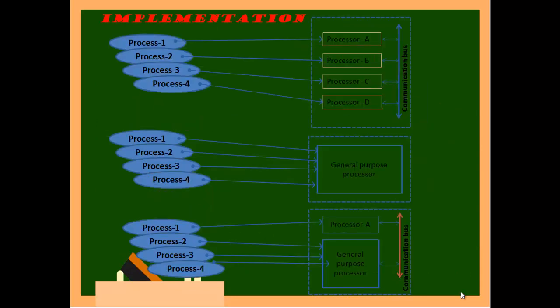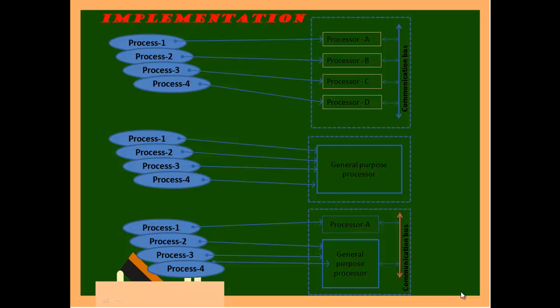Let us move on. Here you see a communication bus with process 1, process 2, process 3, process 4. It can be done with a general purpose processor or with separate processors. Put together, this entirely is an embedded system for a particular application. For process 1 I can put a separate processor, for process 2 a separate processor, like that you can have separate processors inside your embedded system. I said more than one, so only with more than one can you call it a concurrent model.